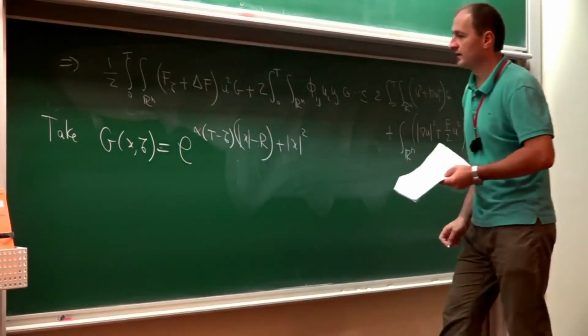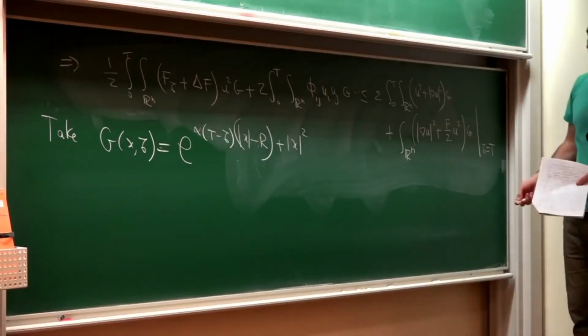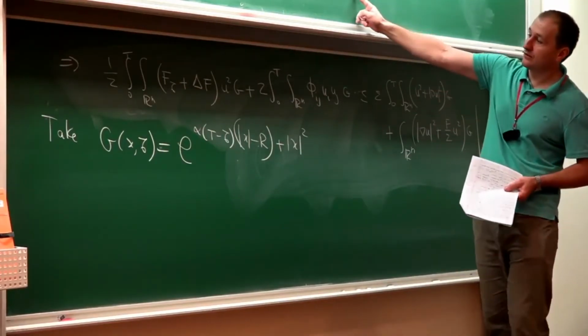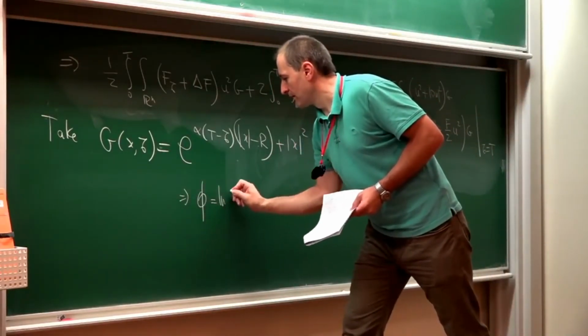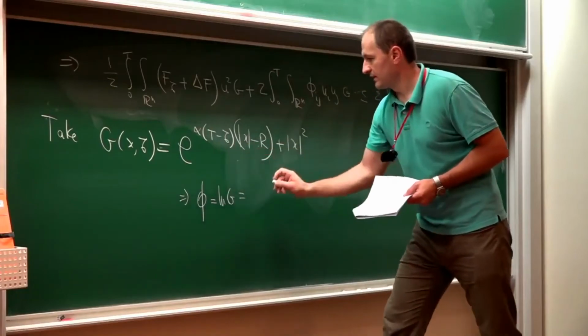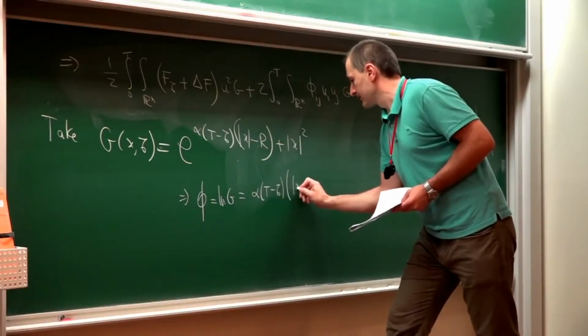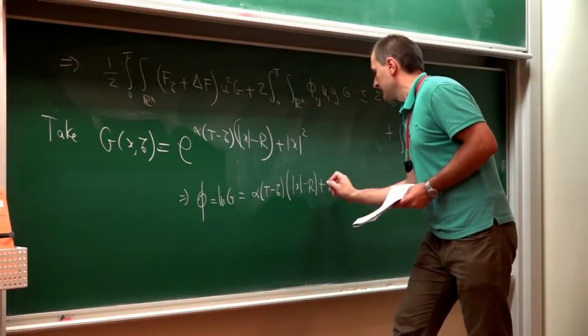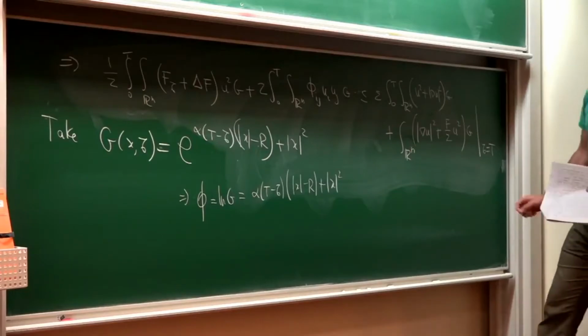So this is the choice for G. And I can explain very quickly why. Because phi is log of G, right? So it's this part plus x squared, right? In terms of computing phi ij,